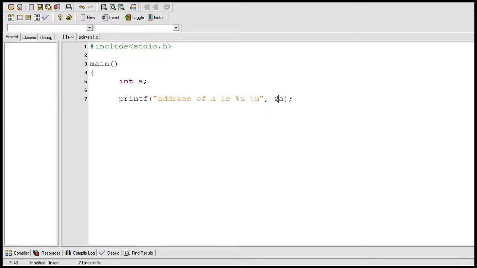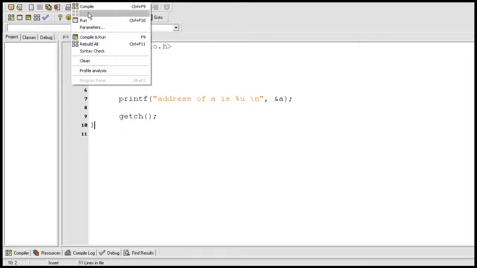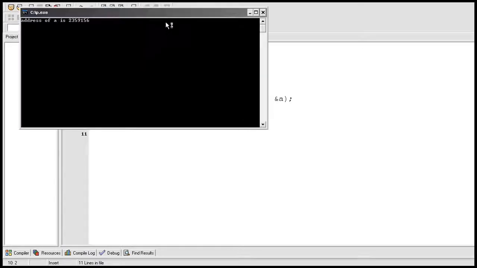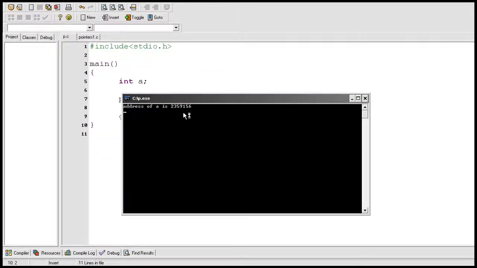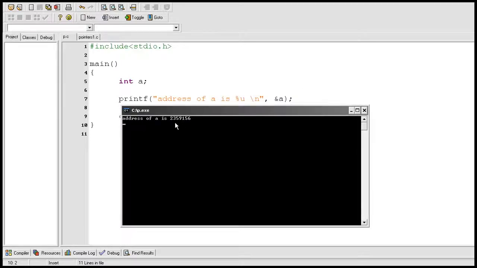This is the ampersand sign, and in C language it means address of. So this whole thing means address of a. This printf statement will print the address of a. Now I am going to compile and run this program. This is the address of the memory location which is allocated to this variable a,